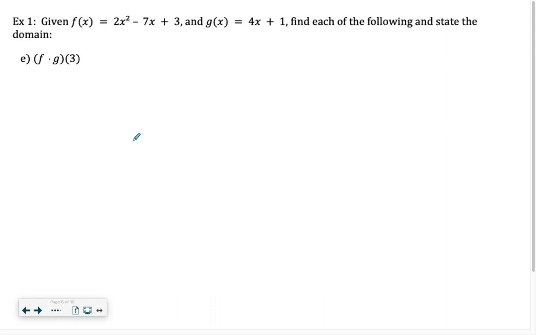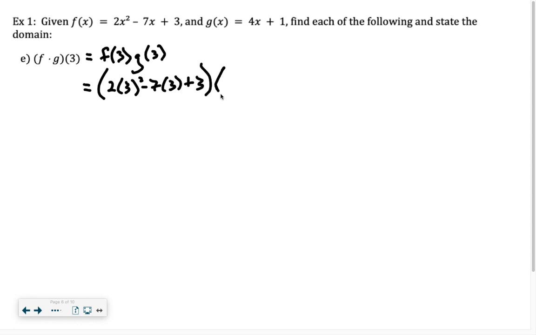All right, so here we've got f times g of 3. And remember, we said that just means f of 3 times g of 3. So I'm going to evaluate f of 3. So 2 times 3 squared minus 7 times 3 plus 3. And then multiply that by 4 times 3 plus 1. So we get